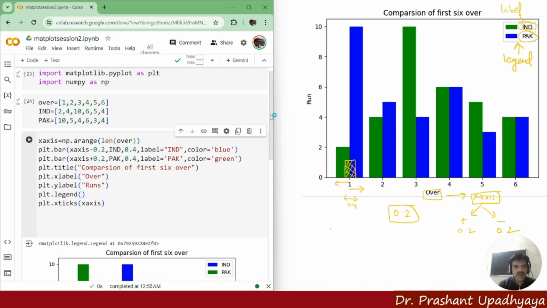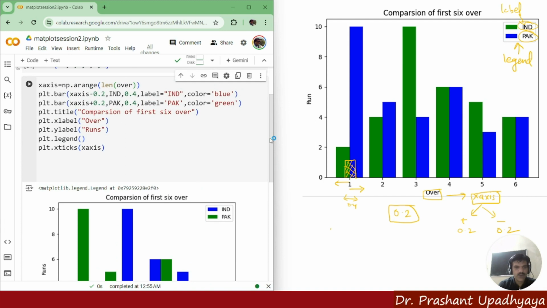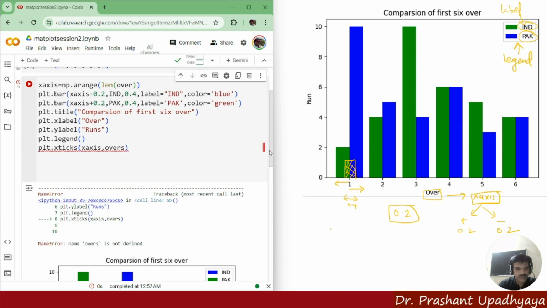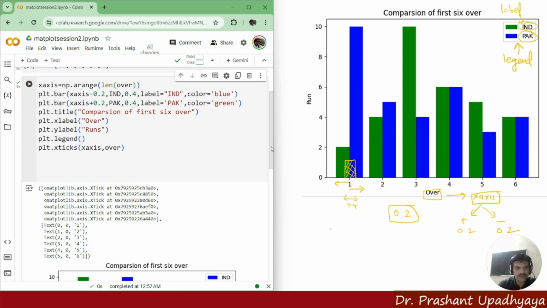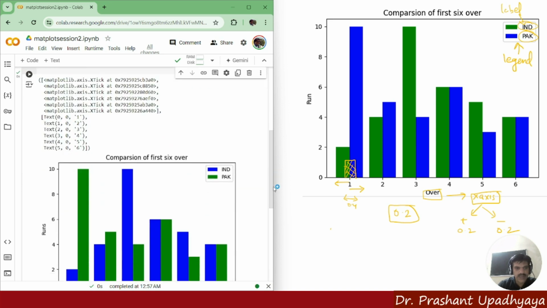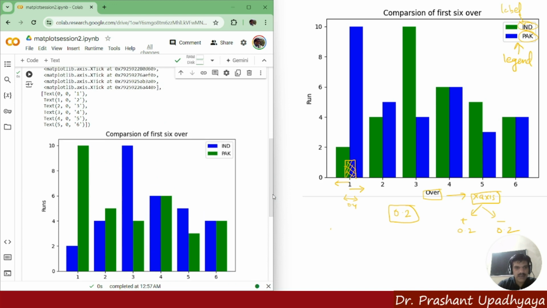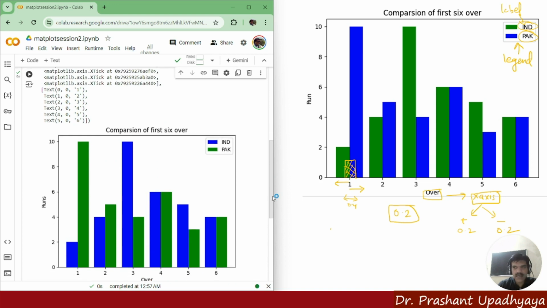That means 0 will be replaced by 1, 2 will be replaced by 3, and so on. So I will be writing here overs, and let me run this. Sorry, over, it was over. So now you can see that I'm getting the overs here, and the comparison of the first 6 overs, legend